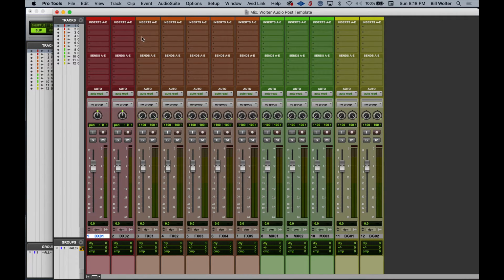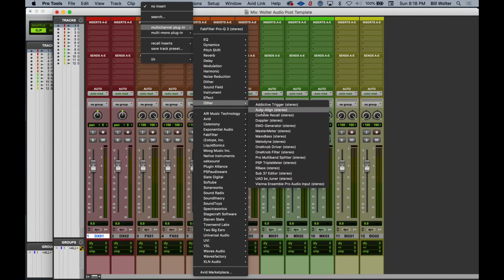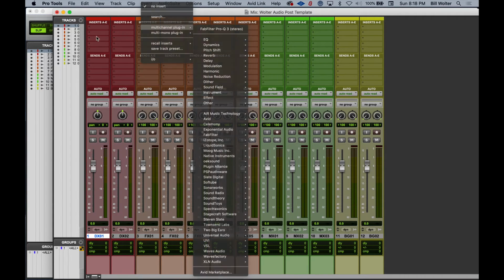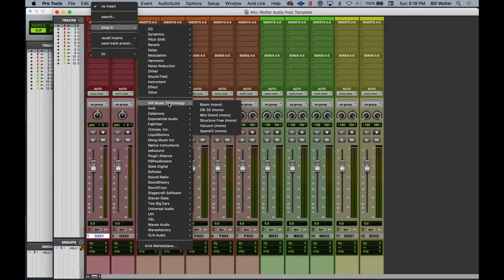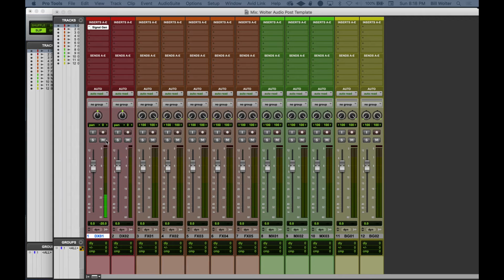And I'm going to put a little insert here. Multi-channel other, and let's see if I have the signal generator here. Where would that be? I believe it might be only mono. Plugin, other. There it is. And I should hear a little beeping sound there. It's kind of annoying. And I can just drag it